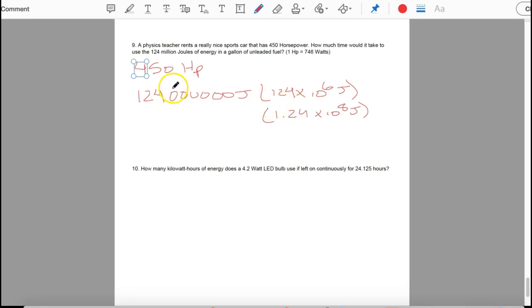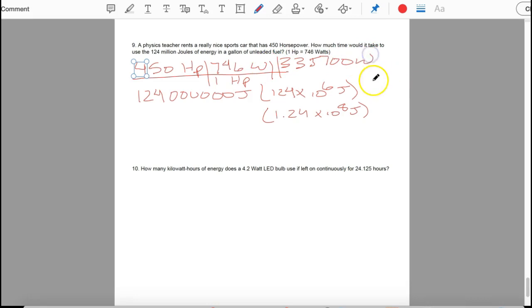We need to go from the 124 million joules. We also need to convert the horsepower into watts. So let's go ahead and do the horsepower into watts first. So 450 horsepower, I know that in 1 horsepower I have 746 watts. So I'm going to take 450 and multiply that times 746, and at that point I get 335,700